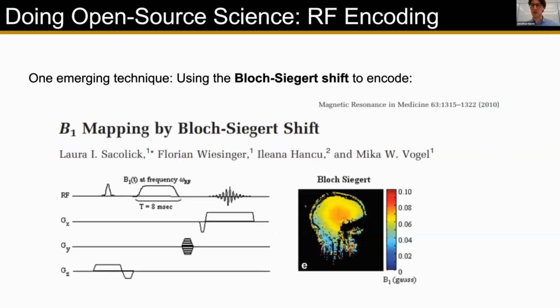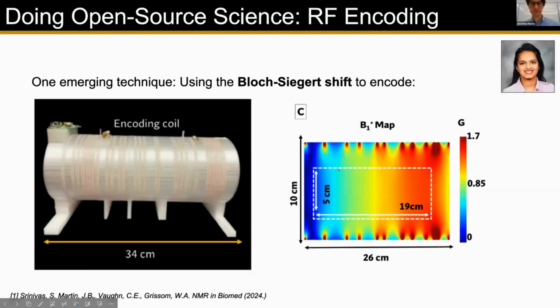And this was really, I mean, the first kind of encoding that was done with this really was using it for B1 mapping. So applying this off-resonant pulse that's going to impart a phase based on the strength of your transmit field and using that to try and map, okay, where is my B1 strong? And so instead of trying to use this to just encode where your B1 field is, we're actually trying to use it to encode images,